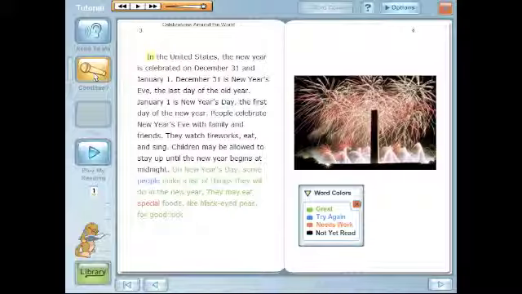Throughout the text, there are also Think About It's, which ask the students questions based on the readings. Once the students have read the passage and done all of the Think About It's, they move on to the Read and Record stage. During this step, the program will record the student's voice as they read. As they read, some of the words may be highlighted in yellow. This means to try reading the word again. If students continue to have trouble saying the words, the reading assistant will pronounce it and the students will repeat